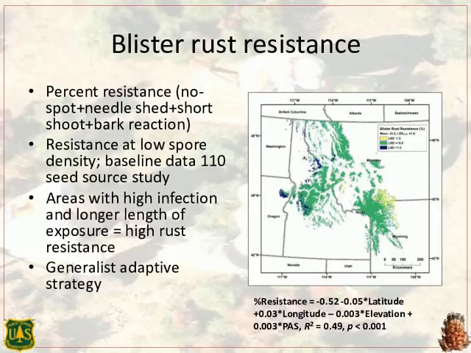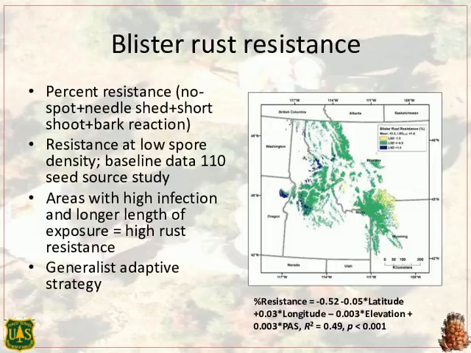In reviewing other programs such as Michael's and Richard's and work that's being done in Placerville, the metric that seems to resonate with audiences is percent resistance, so that's what I've elected to model and present today. But please recognize that each of our programs defines percent resistance differently. And in addition to the stem symptoms in our program, I include the needle resistance as well as the fascicle bundle, the short shoot. So by definition, our rust resistance can be higher with the same plant material.